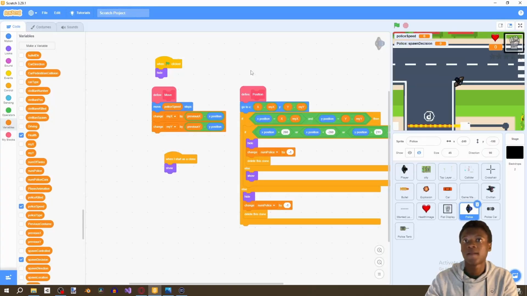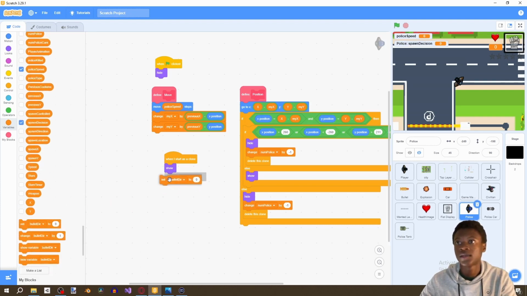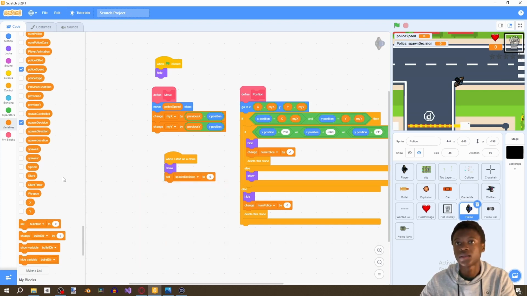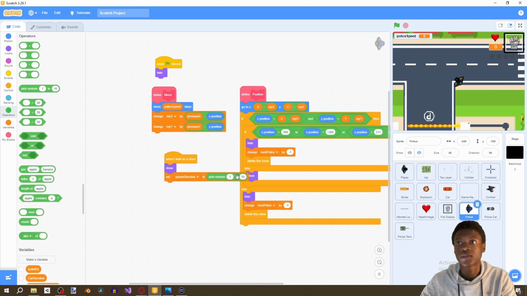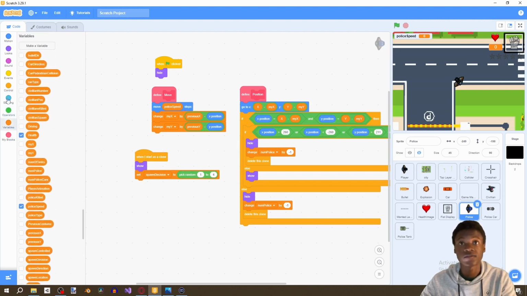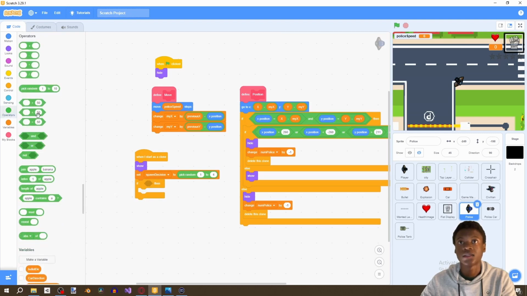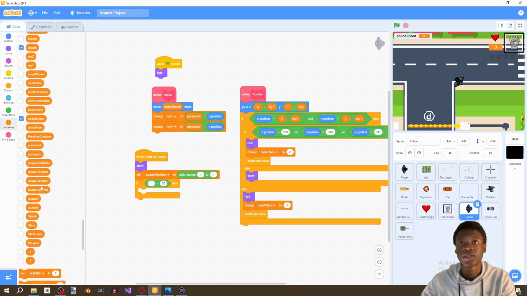And then we're going to set spawn decision, remove it, make sure that it's for this sprite only, and then we're going to say spawn decision is going to go to operators and then pick a random number from 1 to 4. And then we're going to grab the first if statement. The first if statement is if spawn decision equals 1,